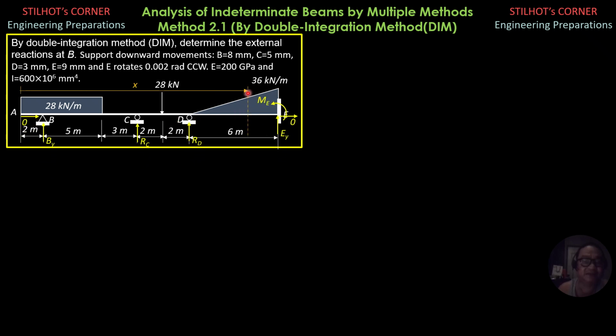So here is the beam, then our sectioning, the reactions, and at this section, this is x minus 14; 2, 5, 7, 10, 14. So x minus 14, w is to x minus 14 equals 36 is to 6. So the intensity of the loading here is 6 times quantity x minus 14. And these are the settlements, movements. So we begin our moment differential equation for the elastic curve.